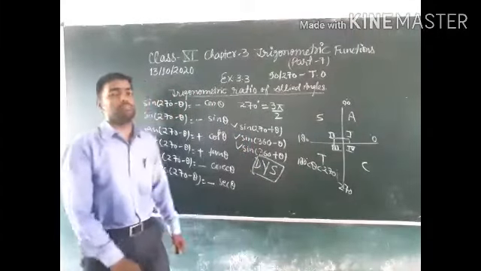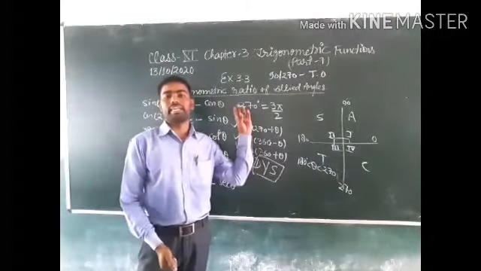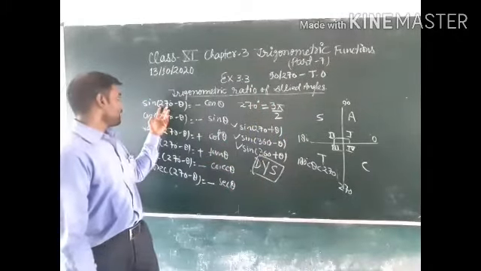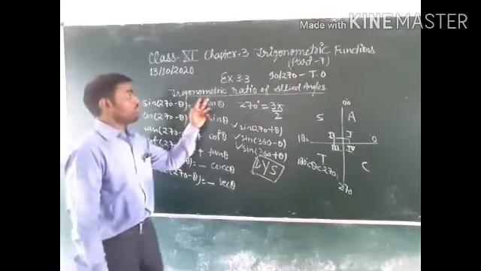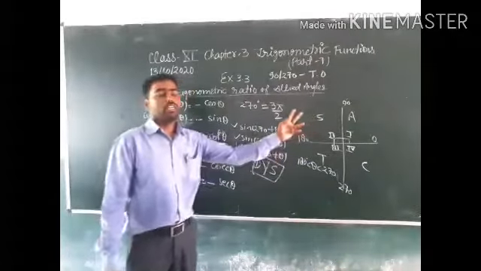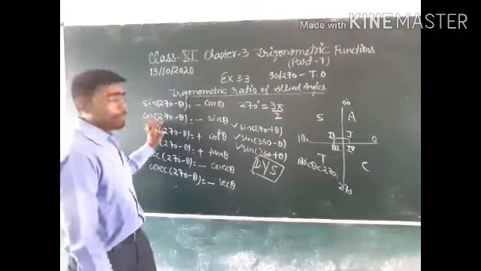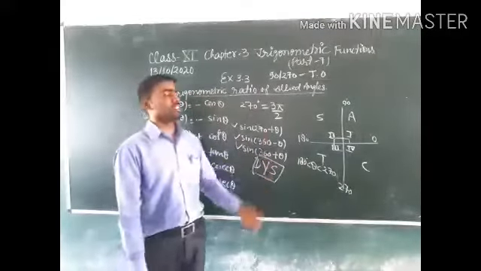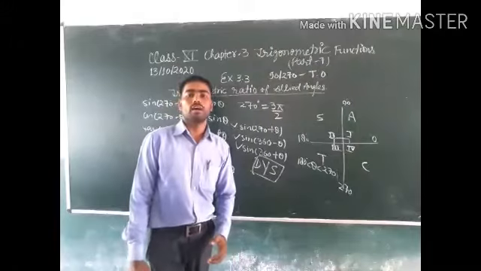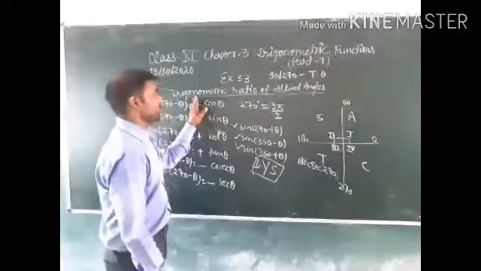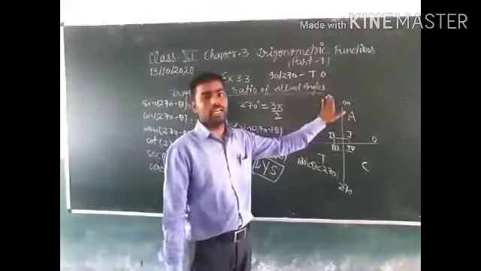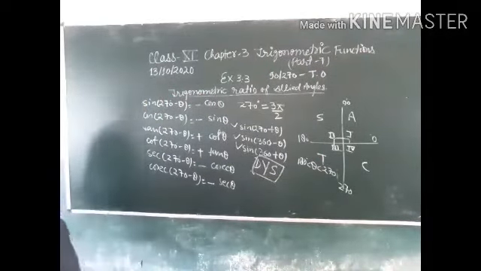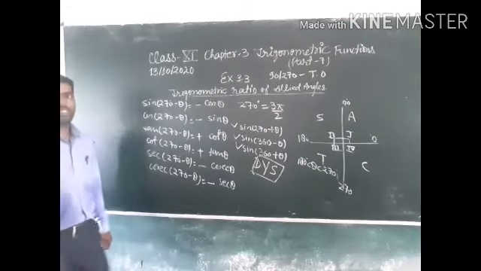So this is the complete explanation of trigonometric ratios of allied angles. With the degree method you can write the trigonometric ratios of allied angles, and if you take pi, 2 pi, 3 pi by 2, pi by 2, you can write the trigonometric functions of allied angles. So this is the complete explanation of trigonometric ratios of allied angles. Please pause the video and note it down.